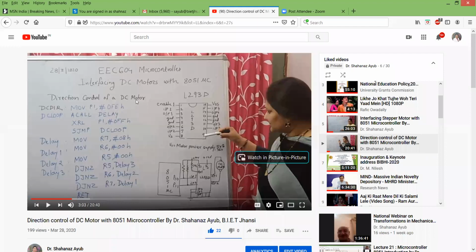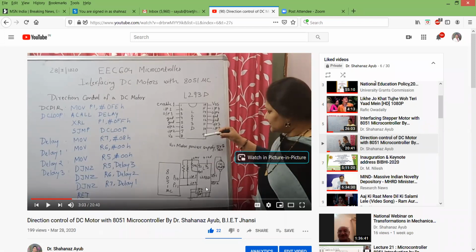And because you know that a DC motor has 2 polarities, 2 wires, one positive and one negative, if you see this diagram properly, this is the 8051 microcontroller, and let's say we are using port 1. Because the DC motor has 2 wires, we will need 2 port pins: port pin 1.0 and port pin 1.1. You can use any 2 pins, but just to make the program easy and the hardware easily understandable, I have used the successive pins, port 1.0 and port 1.1.